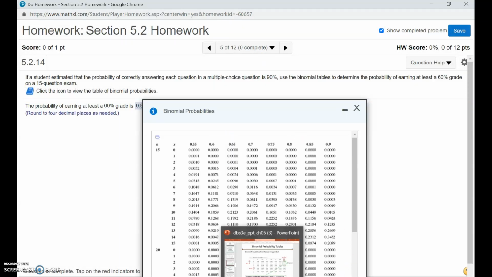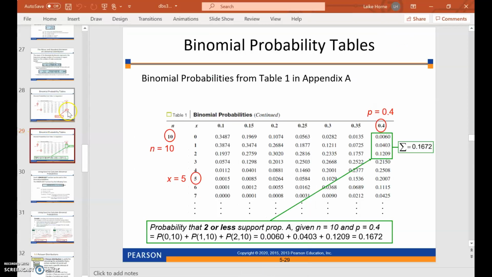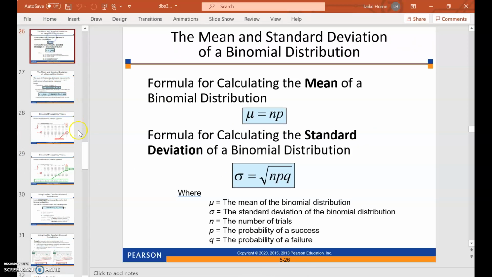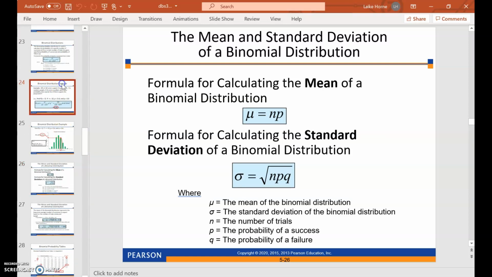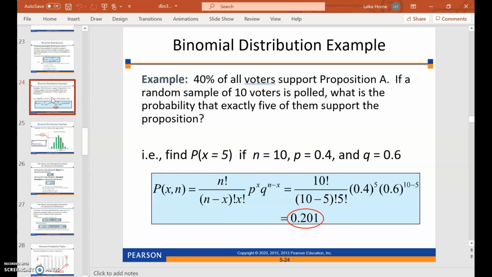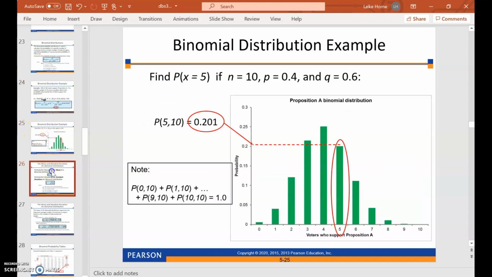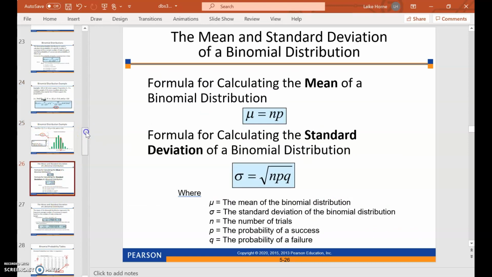So I want to open the PowerPoint up for a second and show you how to do this. So in this question, let me find the problem. Okay, here it is. So 40% of all voters support Proposition A. If a random sample of 10 voters is polled, what is the probability that exactly 5 of them support the proposition? So 5 would be easy to plug in to the formula like we've been doing. But what if we wanted to know